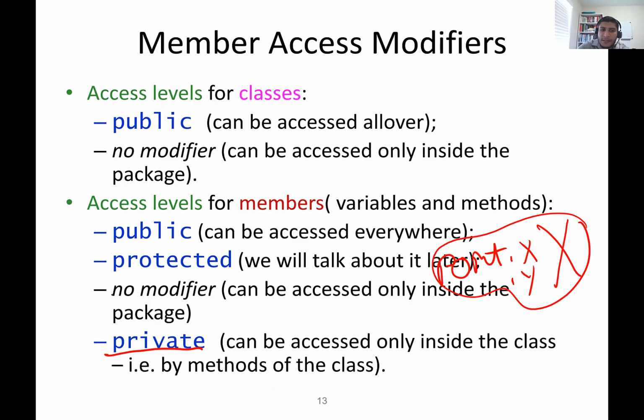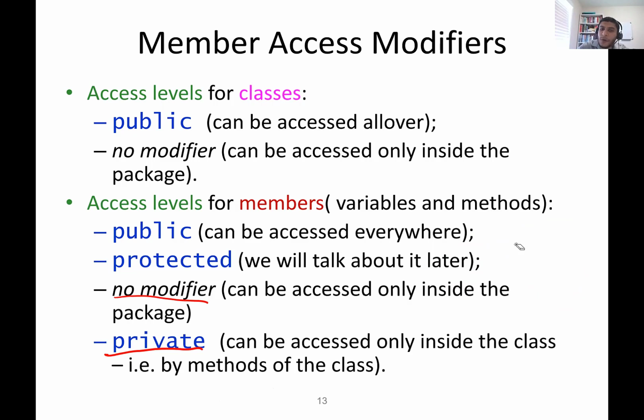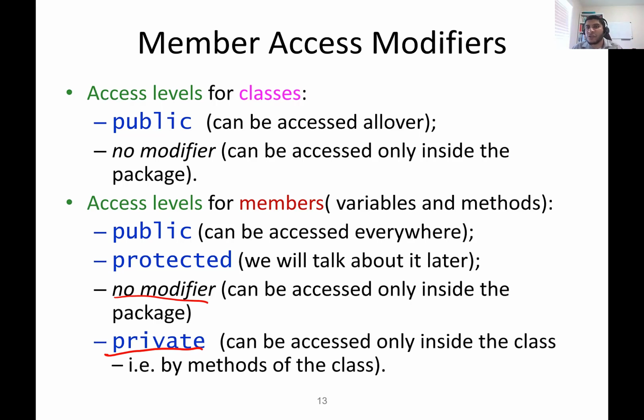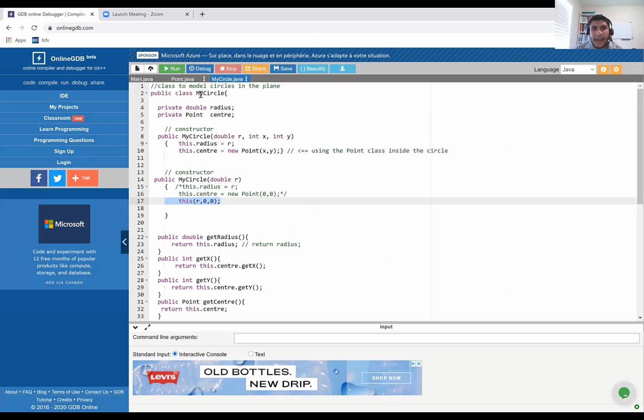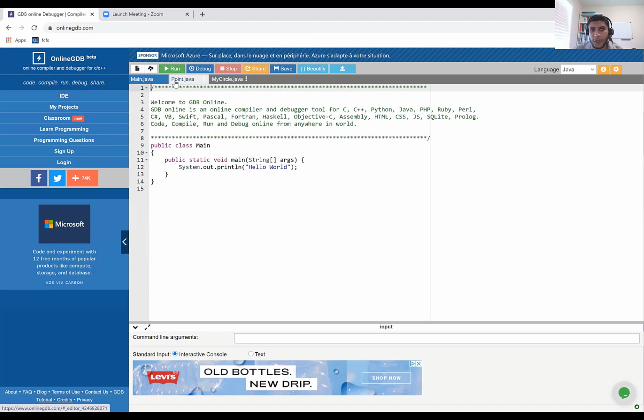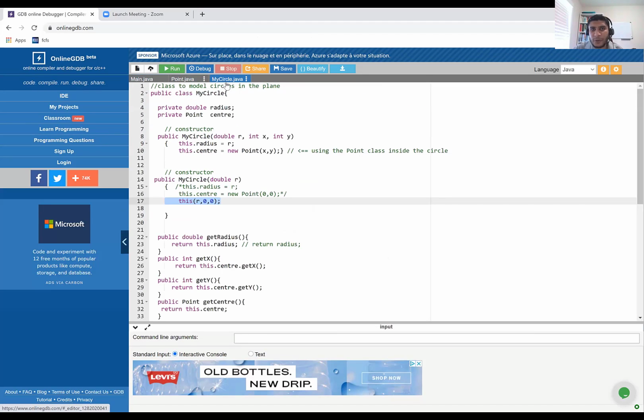And then the other thing is, if you have no modifier at all, not private, not public, then you can only access them within, again, the same folder of the project, right? This same folder of the project we call a package in Java, but that's the terminology, right? Java organizes things in a folder hierarchy, right? And this is one reason why we didn't need to import the Point class. If we go back to our code again, here I had 3 files, main, point, and circle, and I was able to use the Point inside the Circle here, for example,